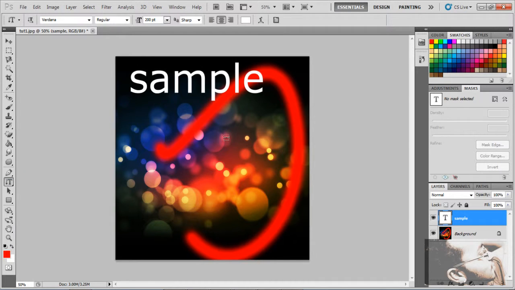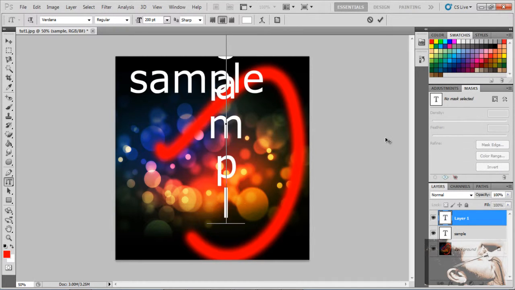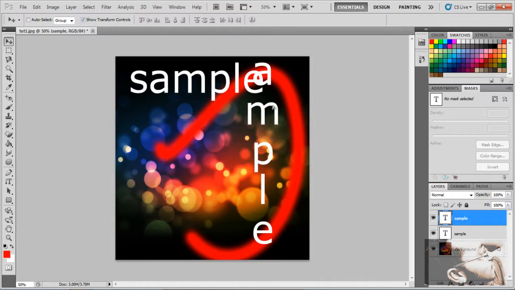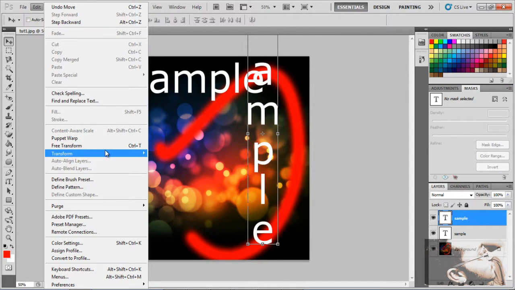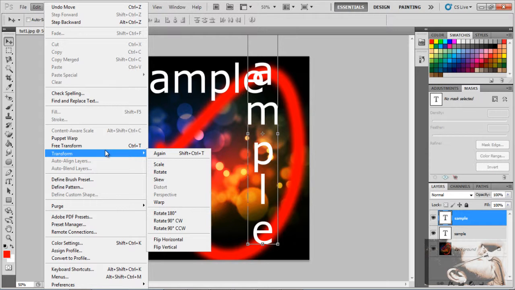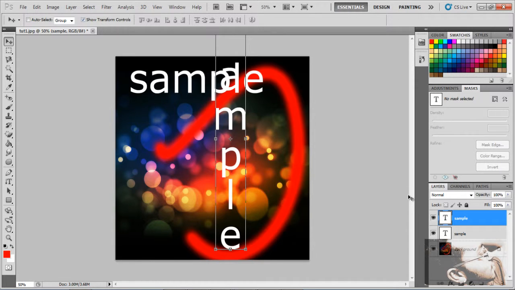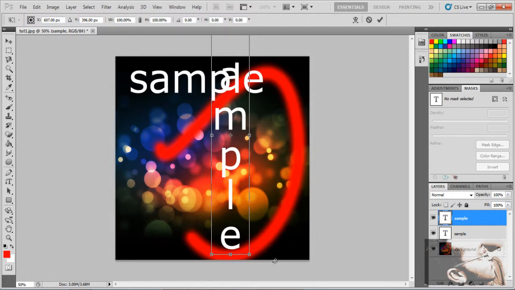You can make it as vertical also, just like SAMPLE. So it is out of the box. You can make it a transform. You can transform by going to edit, transform, or you can click Ctrl T to transform, Ctrl plus T to transform, so that you can